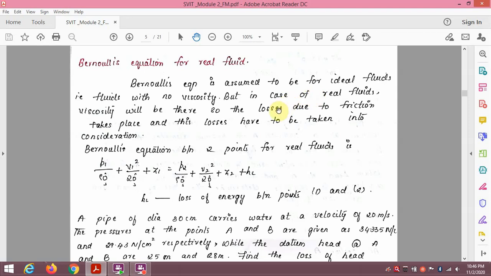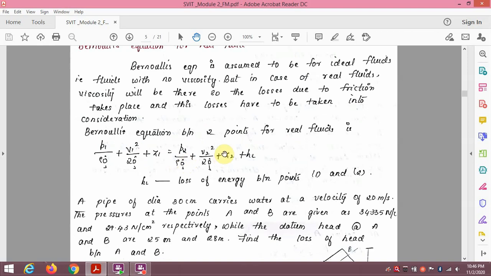This is the continuation of Module 2, that is Bernoulli's equation for the real fluid. Bernoulli's equation is assumed to be for ideal fluids, that is fluids with no viscosity. But in case of real fluids, viscosity will be there, so the losses due to friction take place, and these losses have to be taken into consideration. Bernoulli's equation between 2 points for the real fluid is